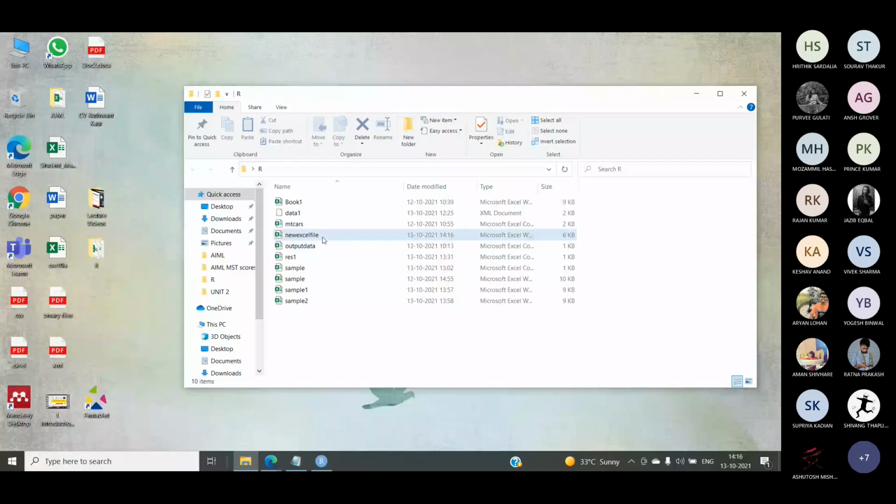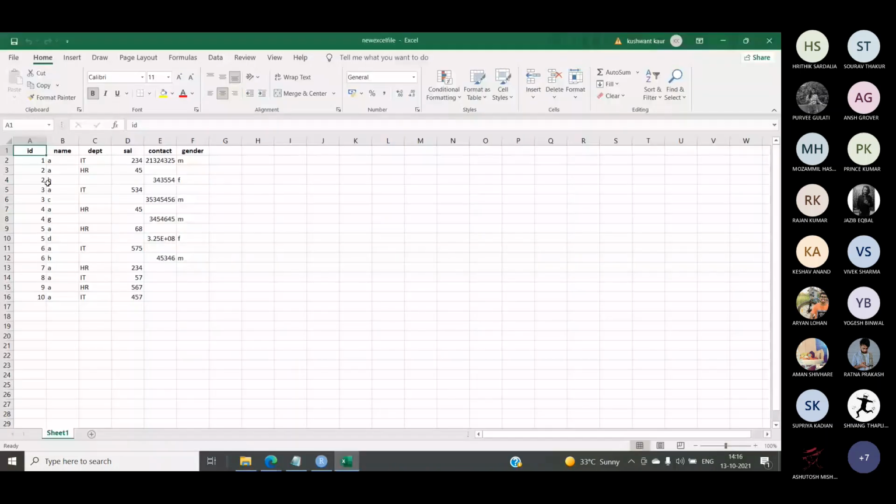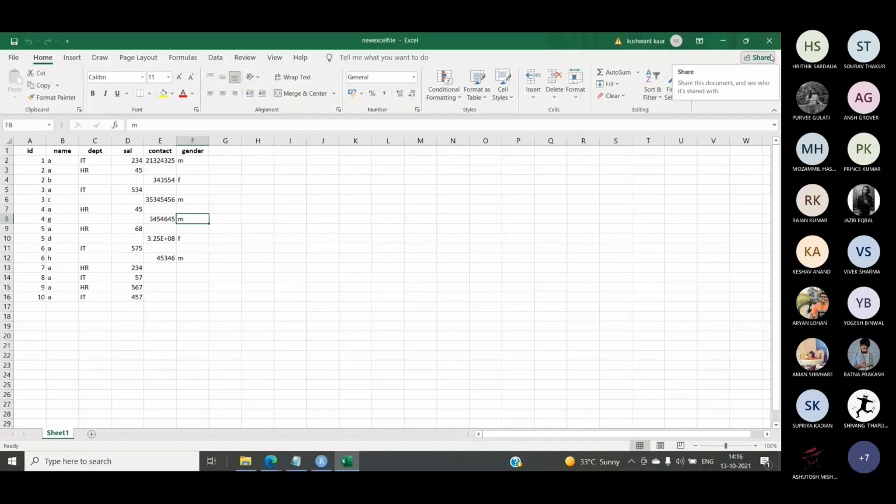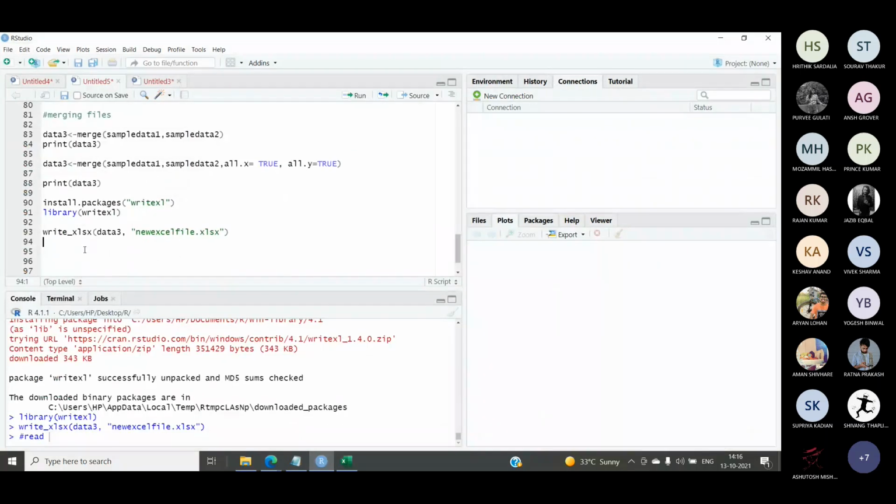Let's open this Excel file. You can see this Excel file consists of the records, and certain values that were not applicable values, the columns for that are blank in this case. So this is how you can write an Excel file from the data frame using R.